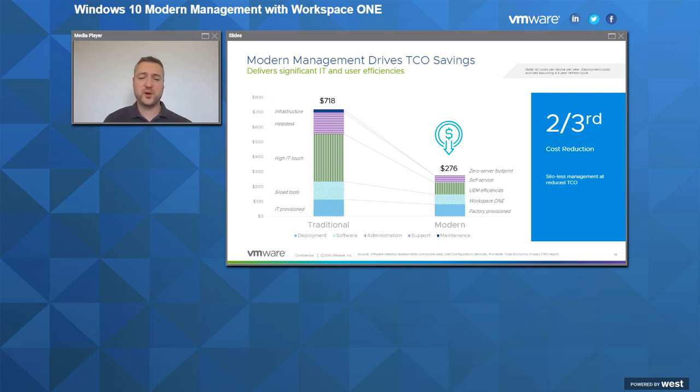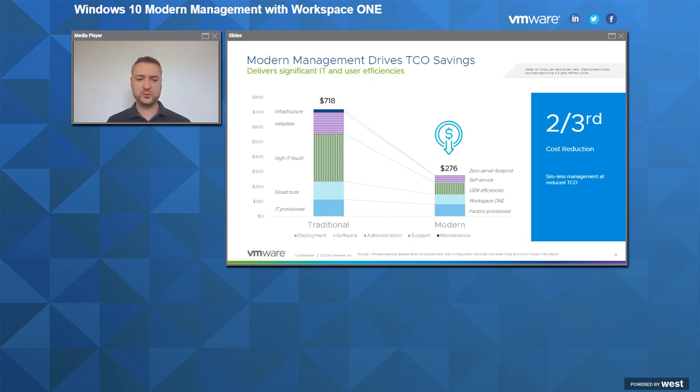Then the help desk cost and the help desk time goes down. The whole range of different technology sets you'd have to have in place, so maybe MDM for mobile and a PCLM tool for Windows, or potentially an identity aggregation platform, all of this comes together into Workspace One.